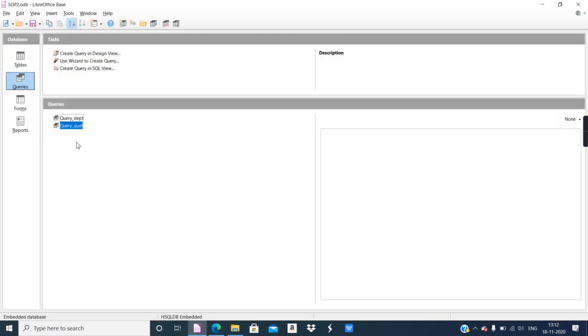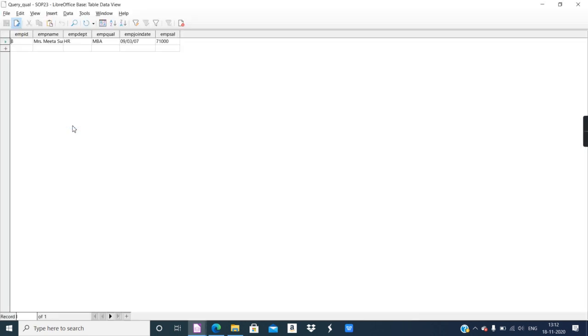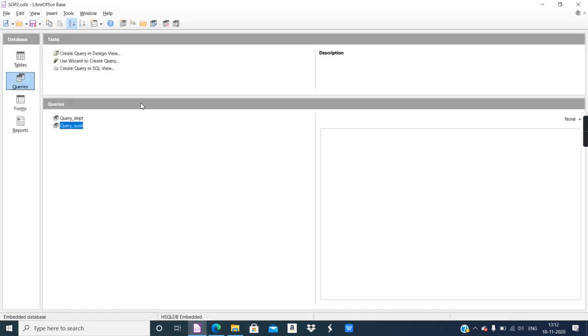Now see, we have two queries. Here four queries we will create as per the question. Examiner will demand show me this query or that query. Just click on the query and show the result. And it's perfect. And it's not necessary only one employee should have MBA. I will make a change and show you. According to our record, change in the record, the query will be updated. So we will do that, but let's perform all the queries quickly.